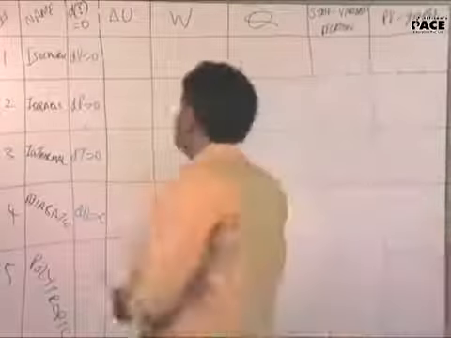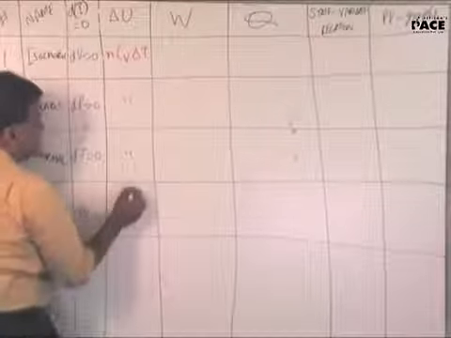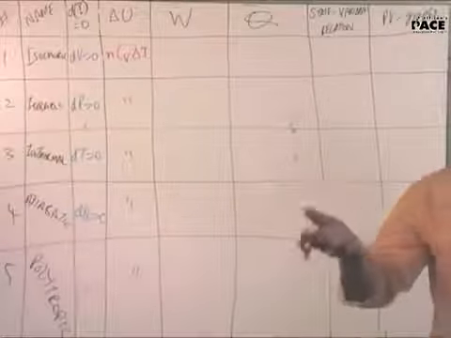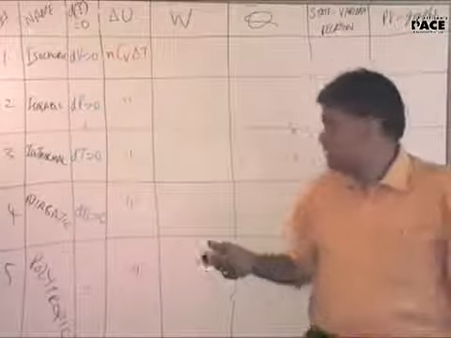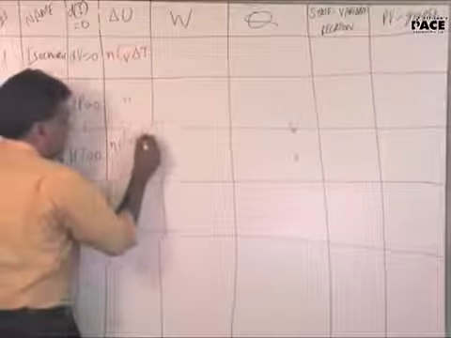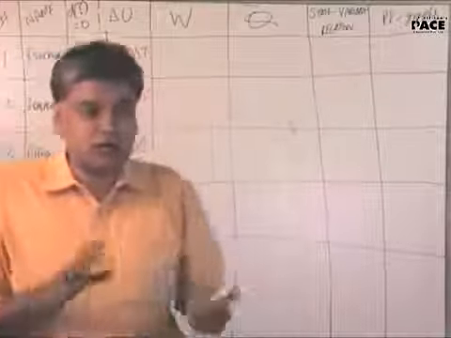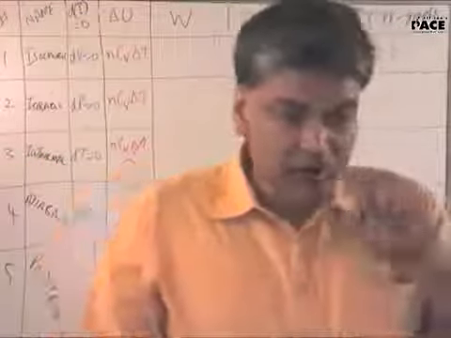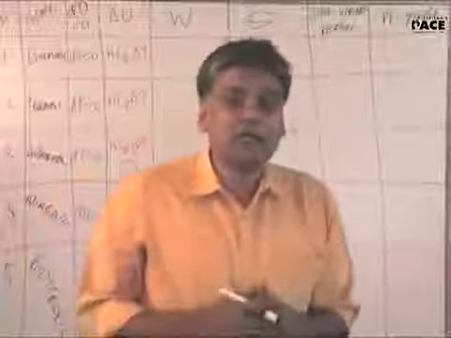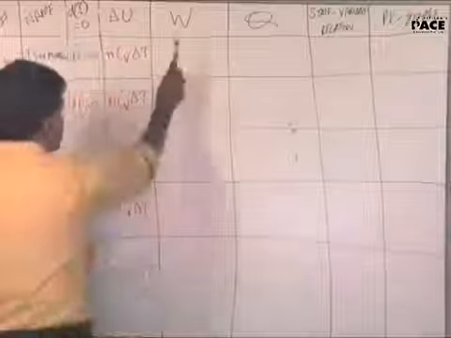The third column, delta U, what will that be? Yeah, that's right. nCV delta T. And nothing but ditto for all of them. All of them are same. Except in isothermal, the formula is valid, but since delta T is 0, it becomes 0. Now the next 2 columns I would say are more important because different boxes will have different formulas. And while we are writing it, let's recollect how we developed these formulas and remember them. So isochoric process, what is the work done?